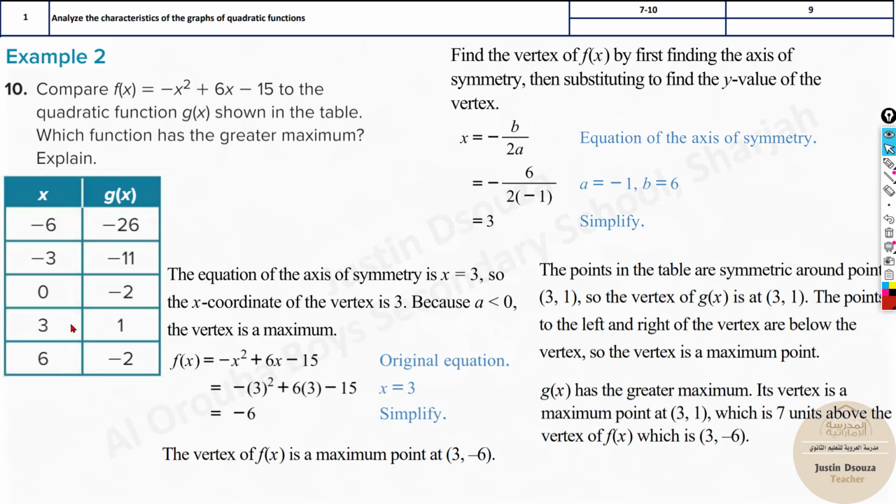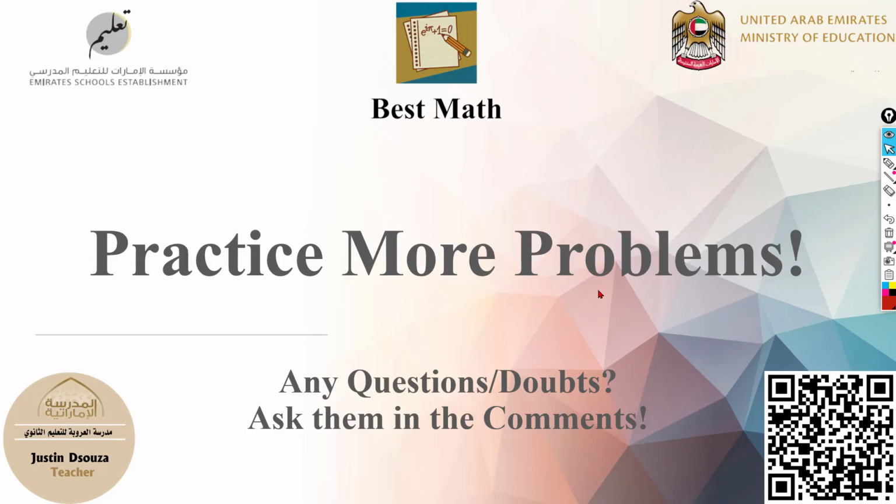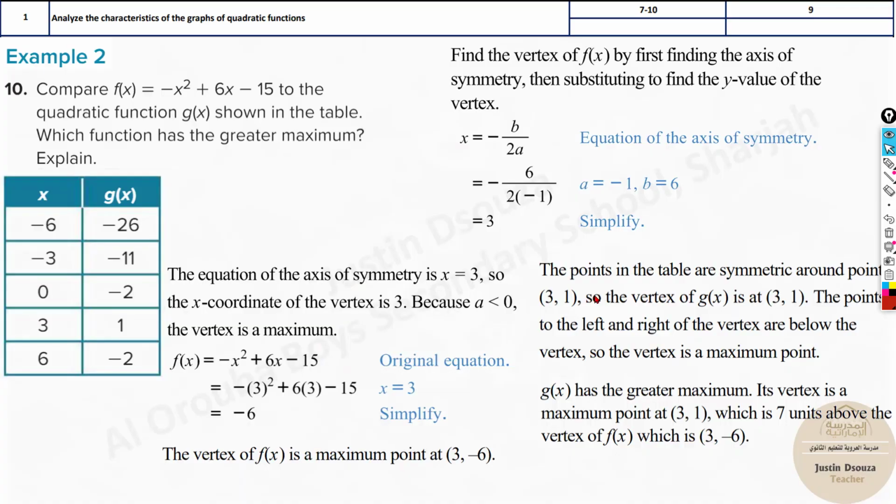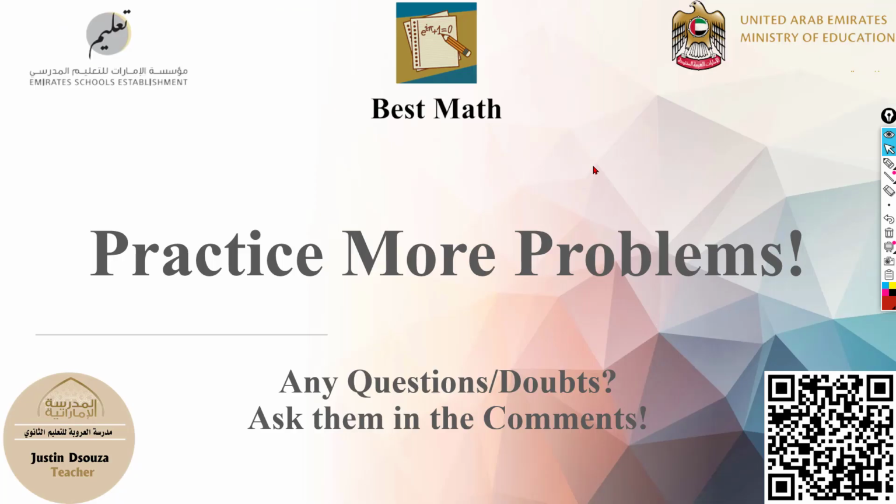Why? Because this is the vertex point here, whereas 3 comma minus 6 is the vertex for the f of x function. Compare them and write it. That's the end of the first question. Very simple. Just try to make sure you understand the standard form, the formula. And if it's two graphs, plot the other graph, compare it, and just try to practice more problems and be